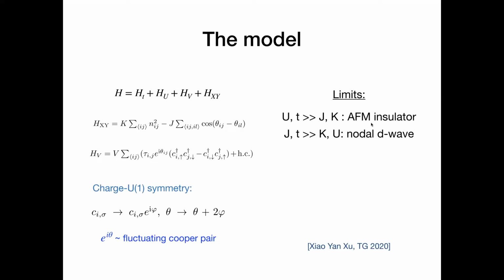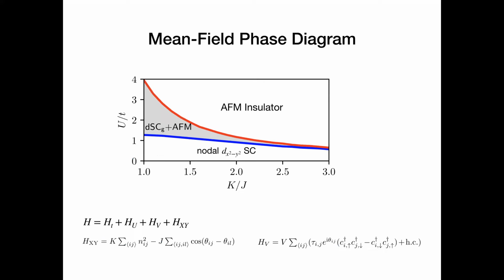And of course, we already know how to get an antiferromagnetic insulator if you set, for example, G and K to be small. So this is the mean-field phase diagram you will get. You get a nodal d-wave superconductor in a large part of the phase diagram, as a function of K over J and U over T, and then there's an antiferromagnetic insulator. Perhaps interestingly, there's an intermediate phase where there's a coexistence of gapped d-wave superconductor,